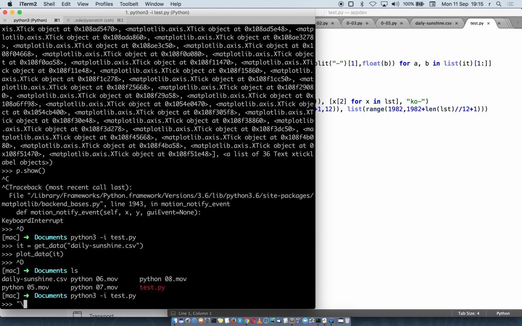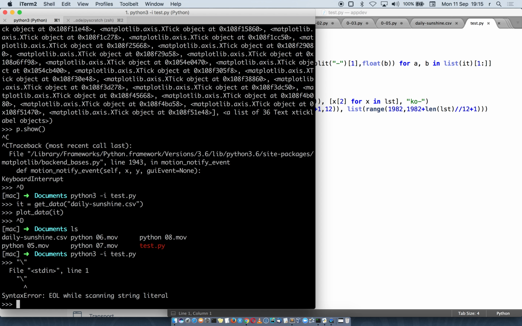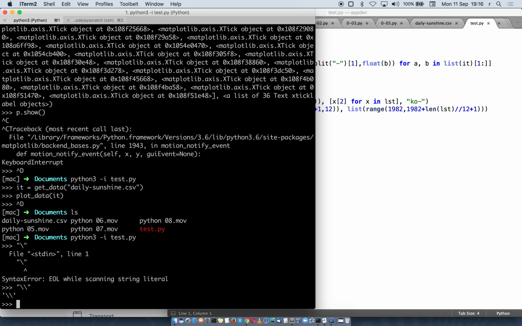So if I say this, there's going to be a syntax error, right? To get a backslash inside a string, I have to double it, because backslash is used as the escape character for a lot of control characters. For instance, if I say a backslash n b, backslash n is the newline